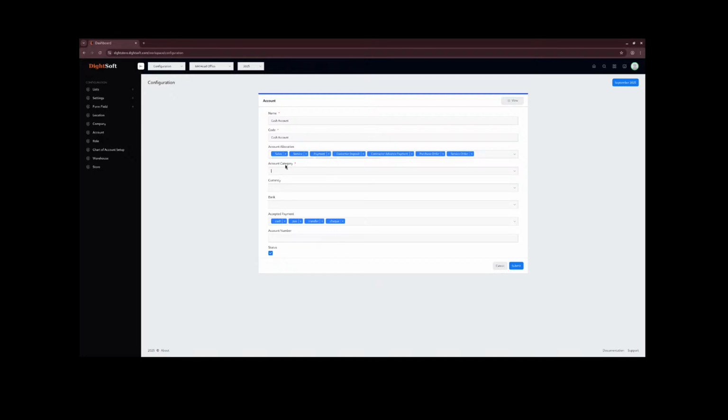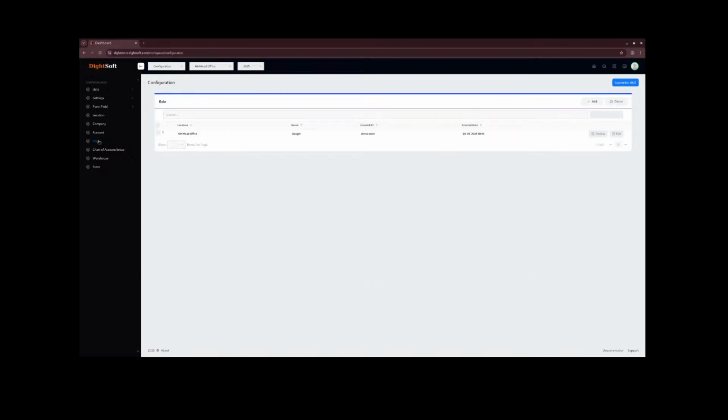Though let's just ignore this chart of account. We'll go over that, but I'm just trying to explain some of these things and how they work. So this one is the normal accepted payment. So these are the few changes that were introduced in Dightsoft. So another thing that changed here is the row. So when you go to row,